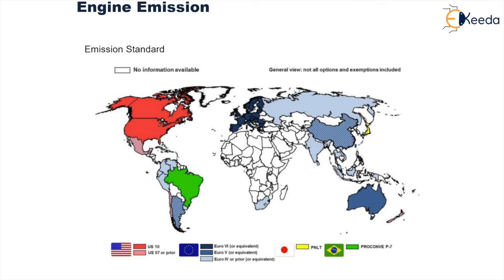decreasing subsequently. For example, if we consider the norms that were brought into place somewhere around 1996, CO was 8.68 gram per kilometer to 12.4 for petrol. For diesel, it was 5.7. However, as the norms have been upgraded, the limits have been significantly reduced, like below 1, below 1.5, below 1, and so on. So these are the emission norms by whose standards all the engines must abide